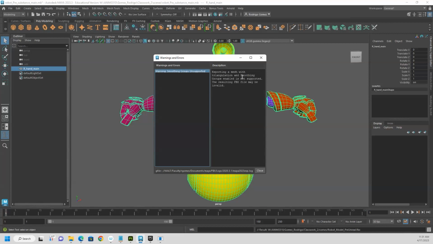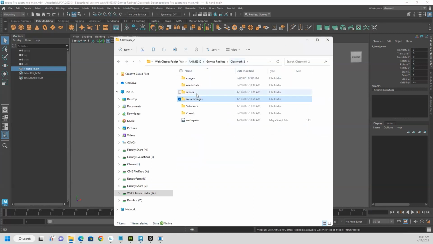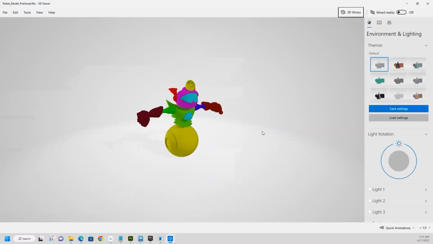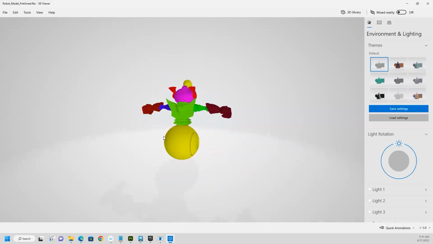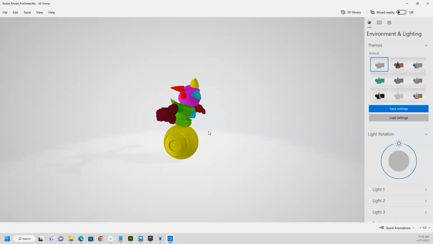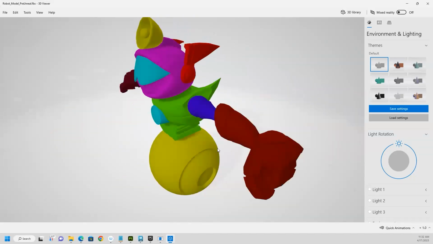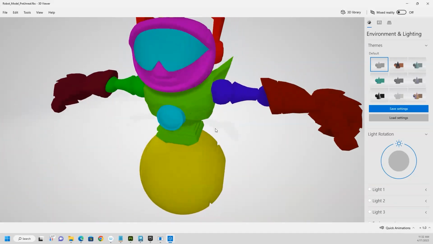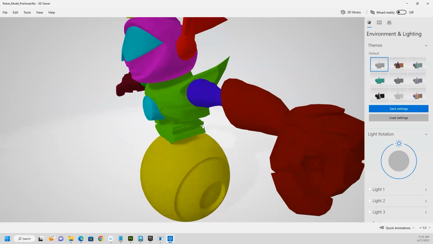It's giving me a little warning about the smoothing meshes. I'm not going to pay attention to that. I'm going to look at my file here. Here's my robot model Unreal. And if you look at it, he actually came in the center of the world there. So we'll see how that plays when I get to Unreal. So he seems to be fine. His body looks smooth, okay. It's not perfect, but I think it does the job with the textures on it. I think we should be